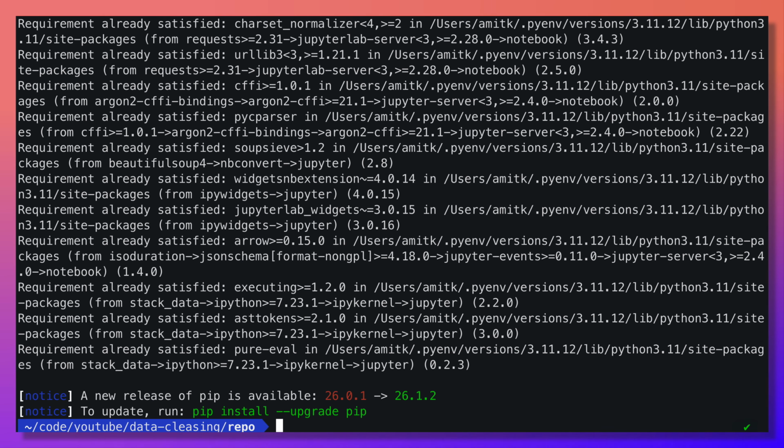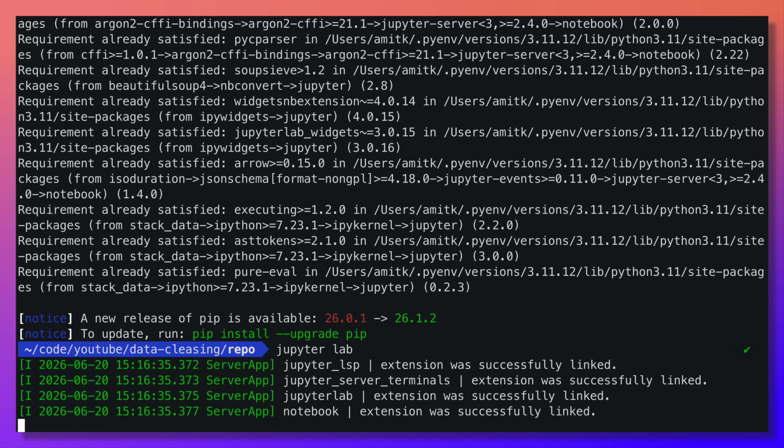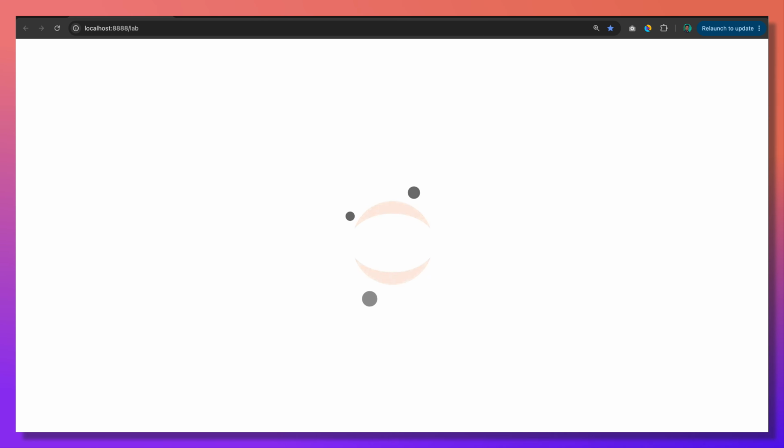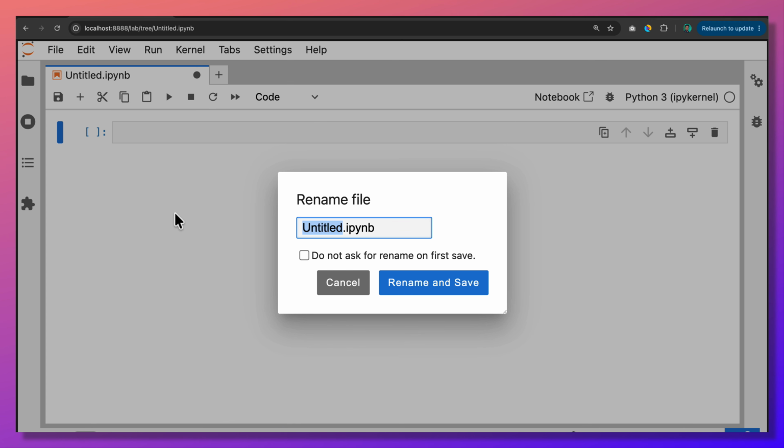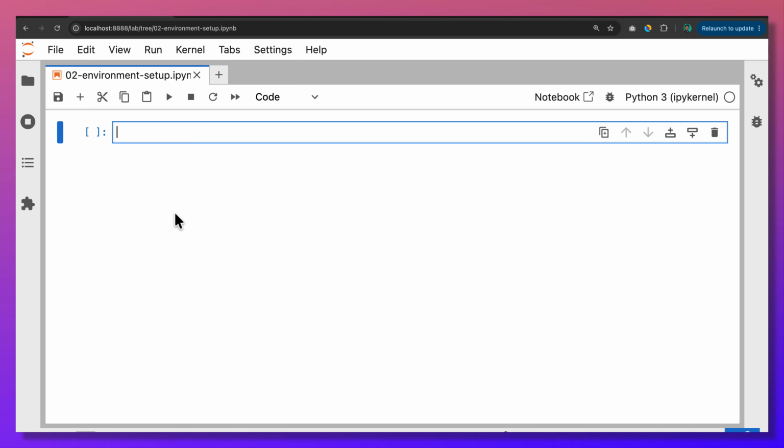Now let us understand how we can verify the installation. Open Jupyter Notebook by using Jupyter Lab, and let us create our first notebook. Let us call it 02 environment setup. In this case, we want to verify the installation. So this is where we can verify all the libraries,